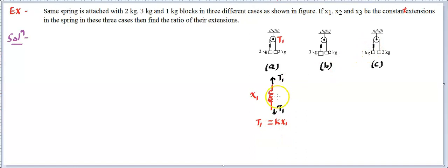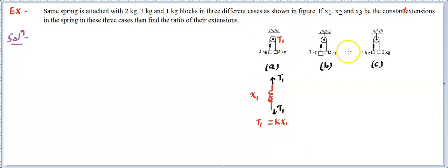So wherever you find the spring at a constant extension, you can say T1 is equal to Kx1. In fact, even if it is not at a constant extension, at any instant you can say T1 is equal to Kx1. That means this force must be the spring force. Since it is at final or constant extension, T1 will finally become constant and settle down. So you can think of it as behaving like a rope, and its tension is Kx1.